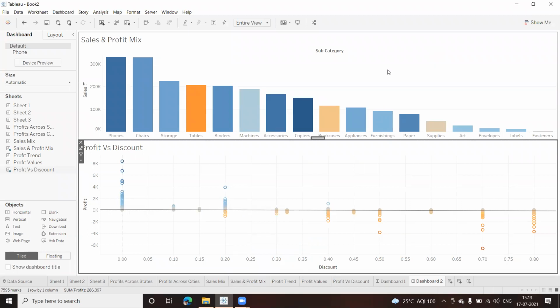The sheets which we created and the dashboard which we created, we are going to create a story out of it, which will help me understand what is happening. So in a presentation, I can exactly find out the areas which are giving me losses. In furniture, might be under tables, I want to find out the reason why there are losses. So is there any relation between profit and discount?